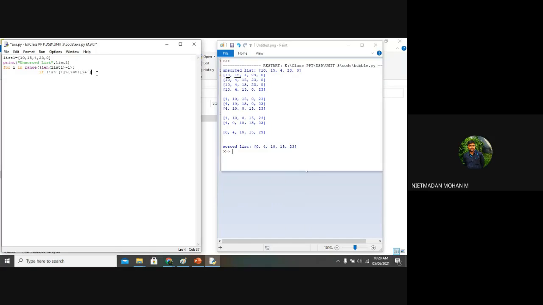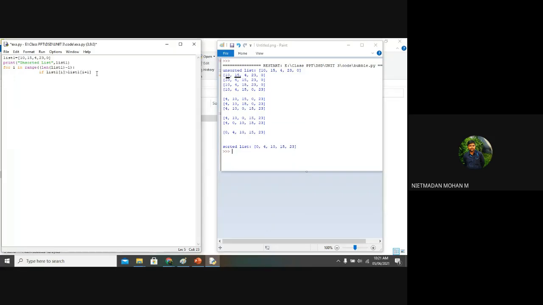So suppose the condition is true, what have I told you to do there? Swap the values. So if the condition is true, I want to swap those values.